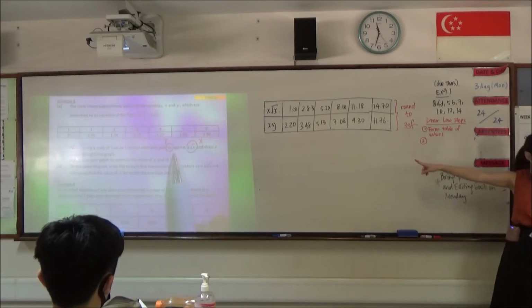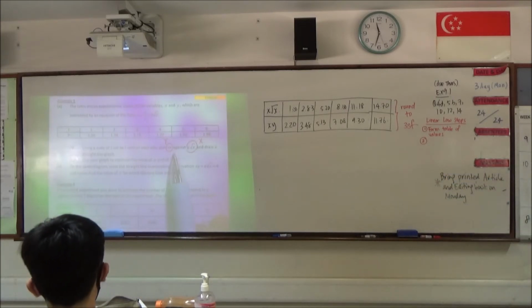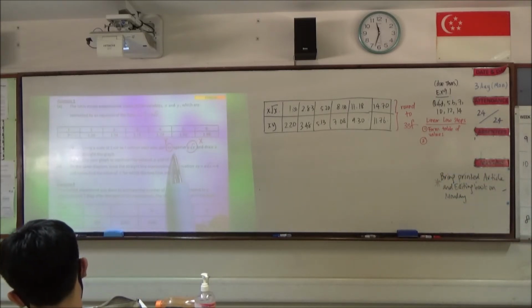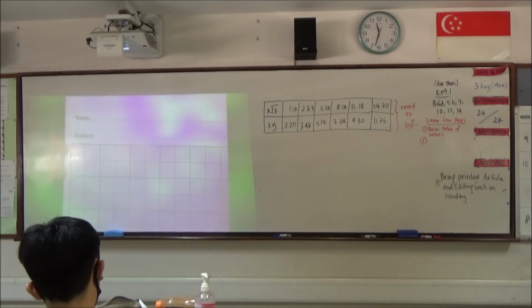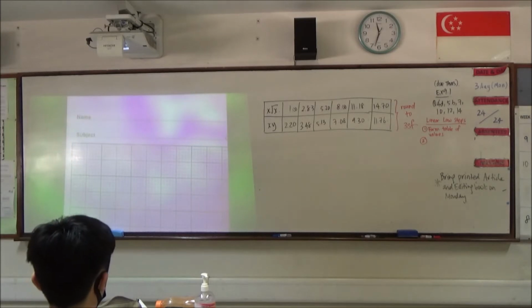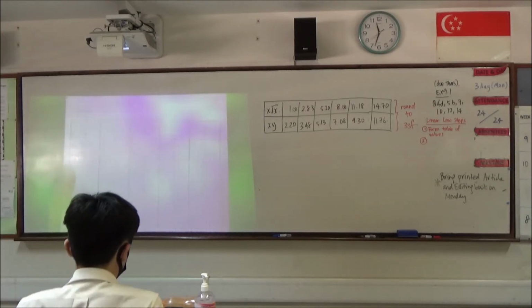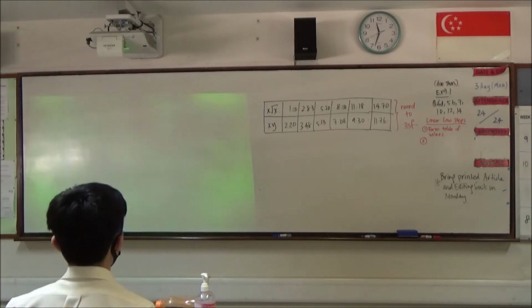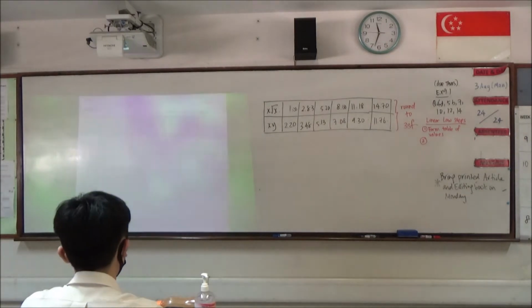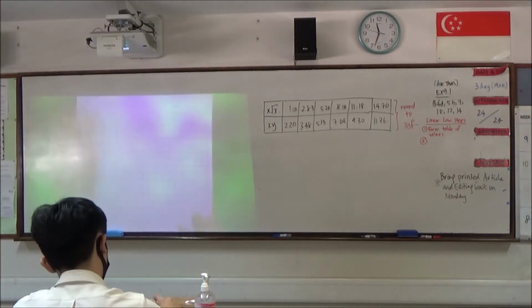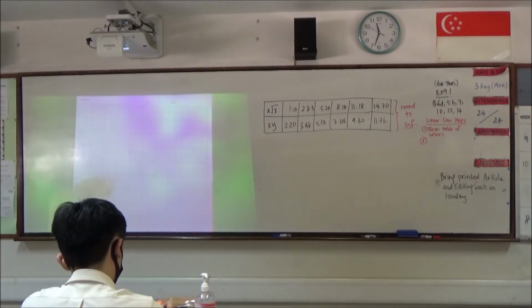So for starters, I'm giving you a scale of 1 cm to 1 unit. I hope you know what 1 cm is in your graph paper. That is 1 medium square, which means 5 small squares is 1 cm. So 1 cm to 1 unit on each axis. Looking at the table itself, you need to know where to place your axis.